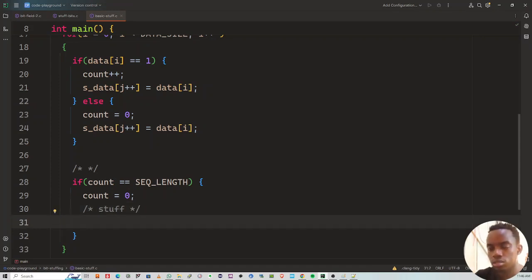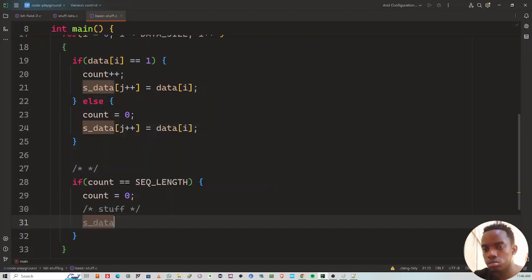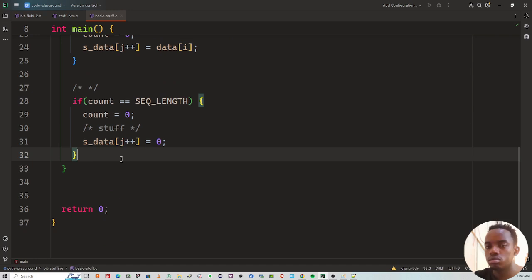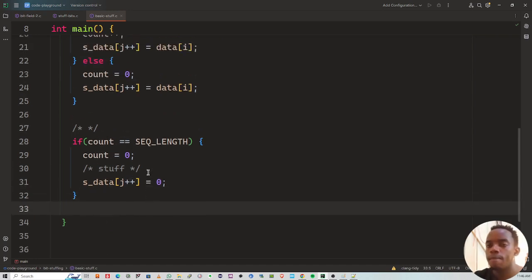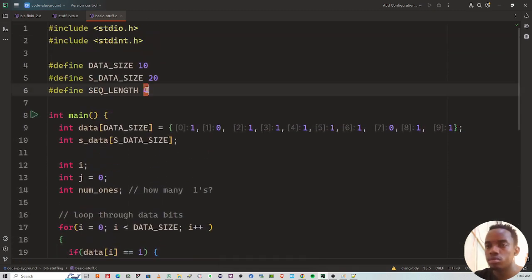So we start by inserting a 0 at the next position after the sequence length. We'll say sData[j++] = 0. It means that if we have counted 4 bits, we insert a 0 after the 4th position. So basically, in this case